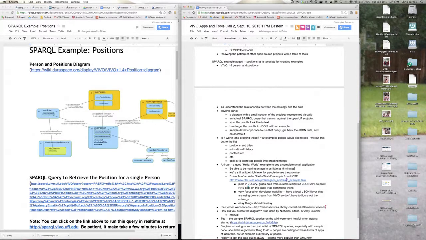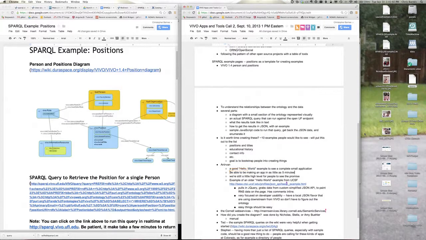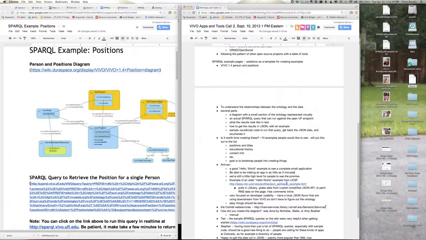I think it's valuable to keep it simple to start. I think they may be a little simplistic. This is probably valuable beyond the group, for people who are really getting started with SPARQL queries. I think these would be useful for the people not on the call, versus those already deep in it. But I think this is a good thing for us, as people who have gotten over that hump, to give back, so that it's not as hard for the next person.